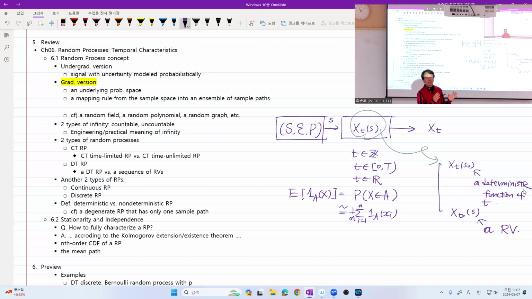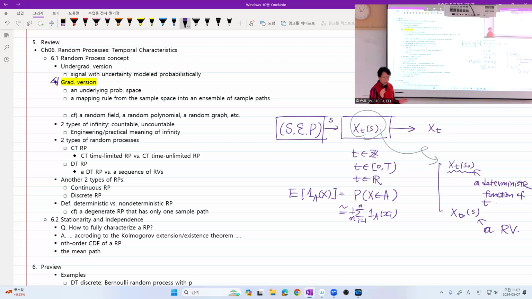You just need to state that it's too complicated because of blah, blah, blah. Then you may say, let me partially characterize this one, and I provide you some useful things, something like that. Got it? Anyway, this graduate version is very important, but still, this measure theoretic point of view is